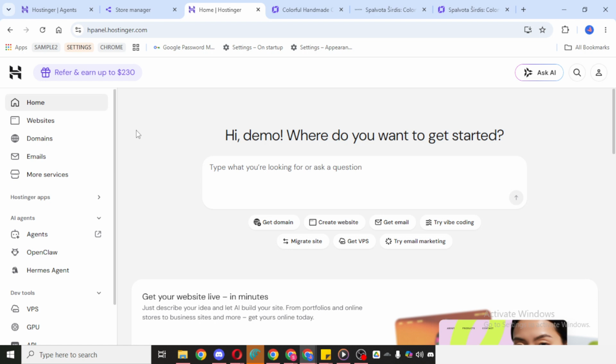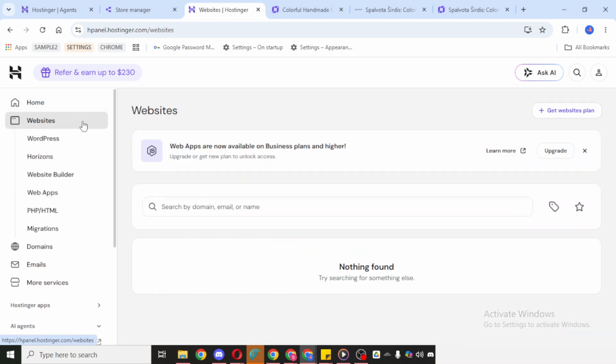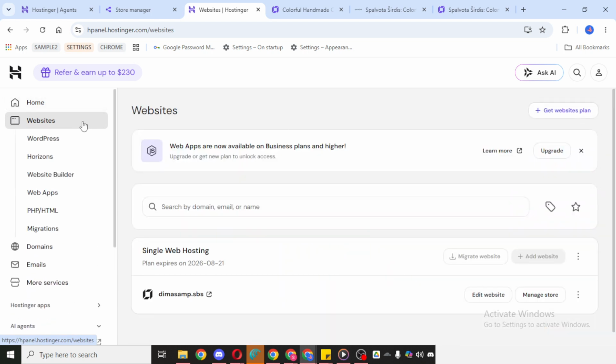Once you're inside the right website settings, click on Edit Website. This will open the Hostinger website builder, where you can customize the layout and add new sections or features to your site. Give the editor a moment to load fully so all the design tools appear correctly on the screen.